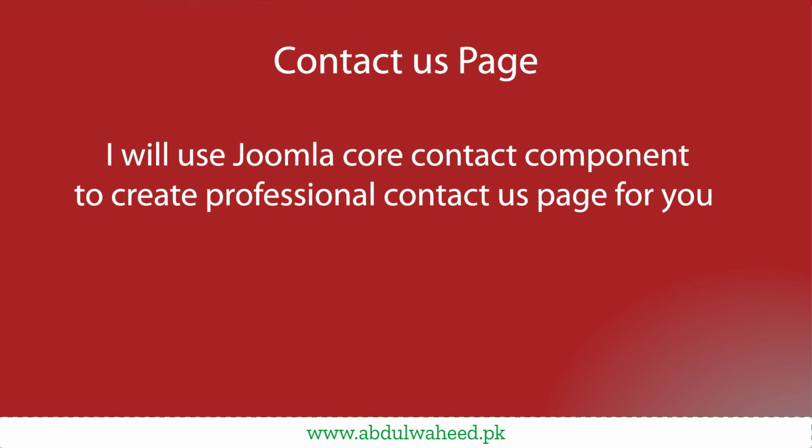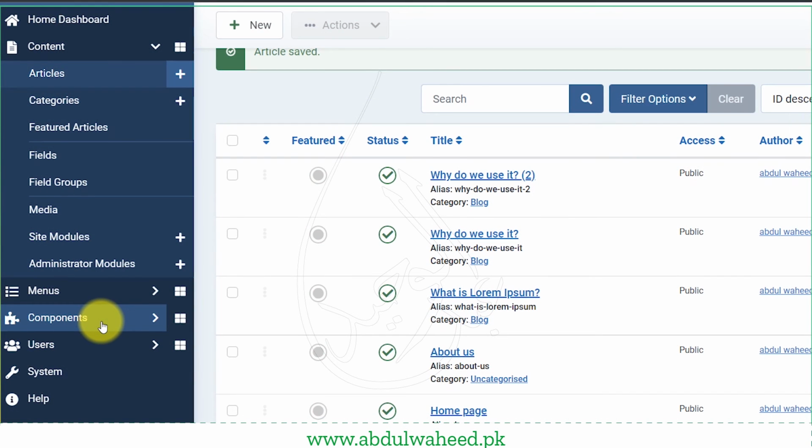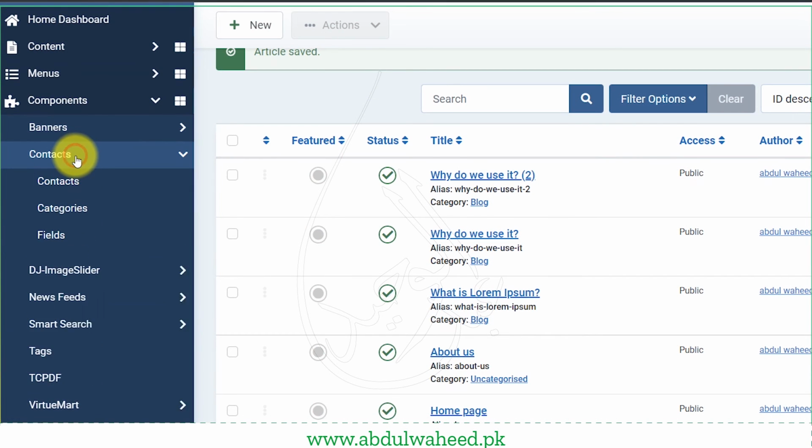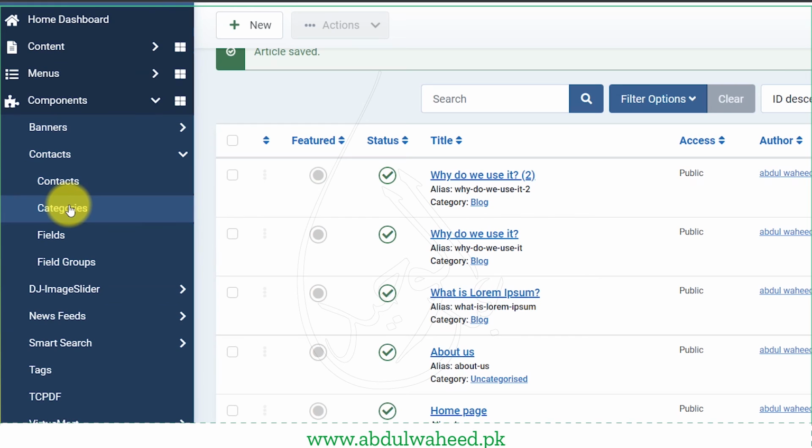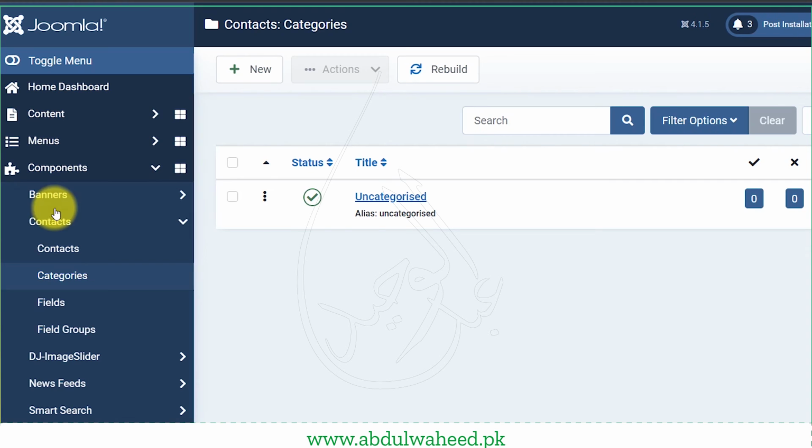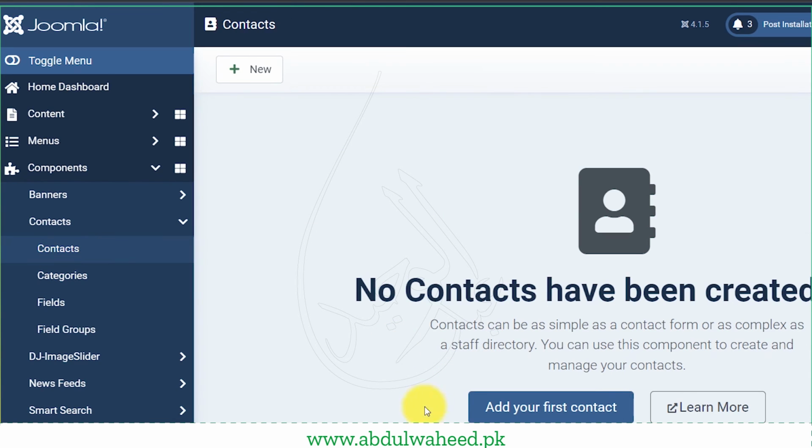Next I will create the last page of this website, which is the contact us page. Joomla also provides a contact component that we can use to give the functionality of a basic contact us. I will go first to the contact component and categories. There is already a category there, you can name it. I'm not going to change it. Then to the contact,